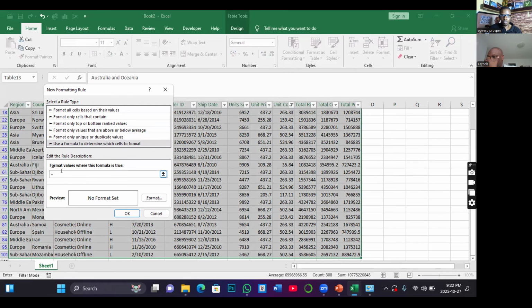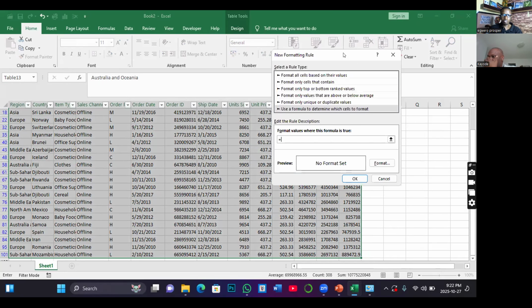Equals to, are you with me? You call the range where you have the date. The criteria, which is order date. So I will just use only one of these, then also remove the dollar sign. Then I will now say equals to,